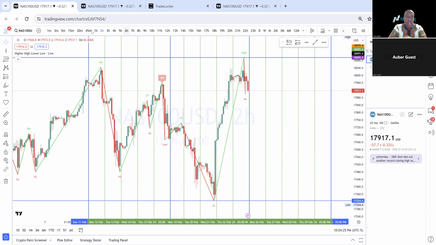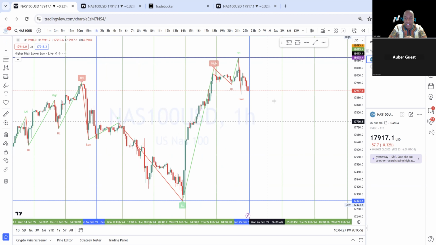Okay. All right. So you're looking at your 1 hour again. And here we go. We see that the 1 hour did in fact come down. It broke this higher low right here to form a new direct low on Friday. It tried to buy up, but it got resistance again, and then it actually continued selling. All right. Now,